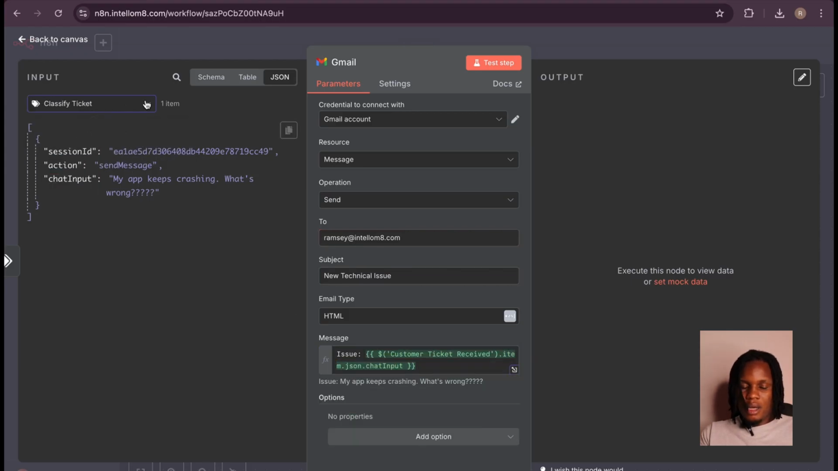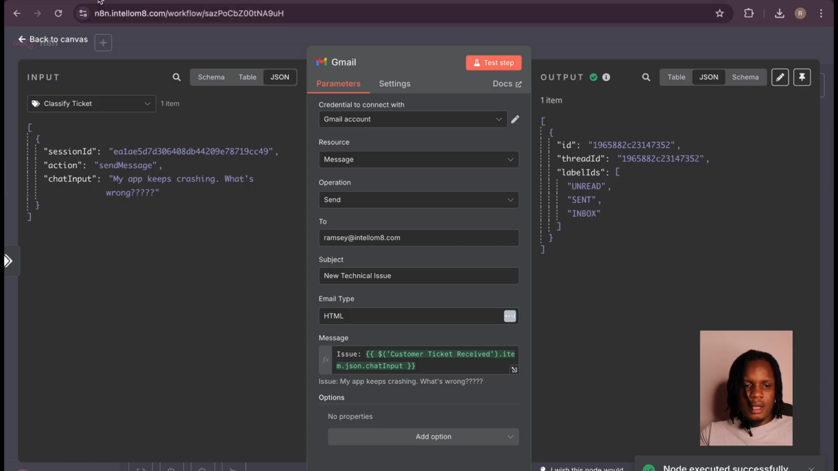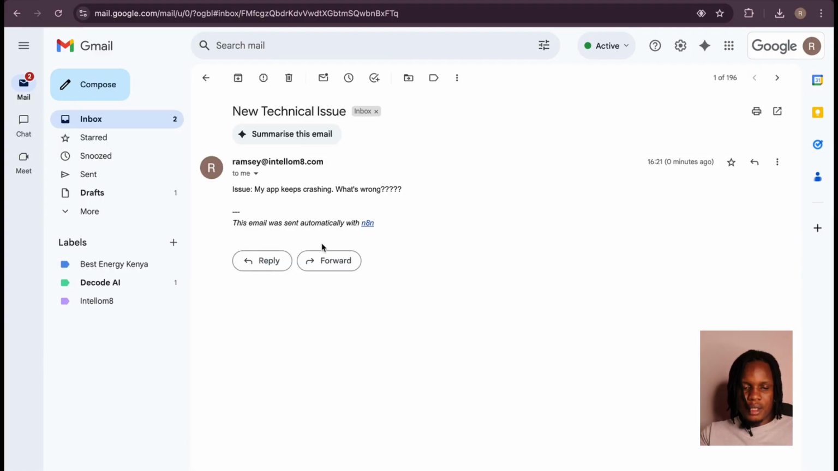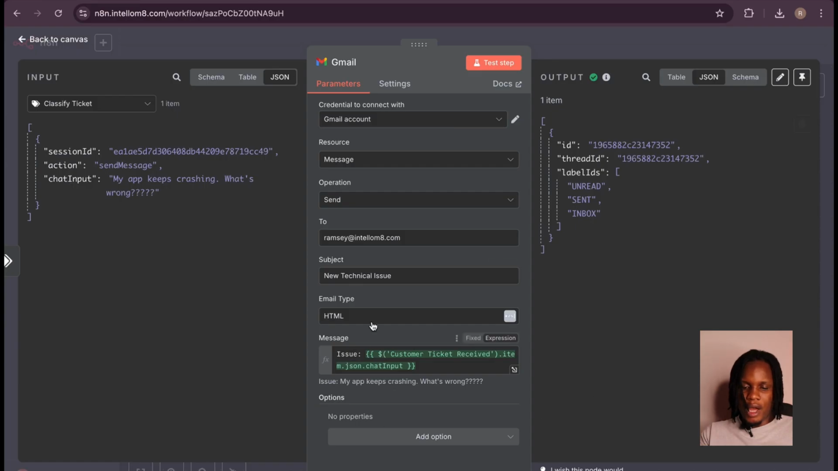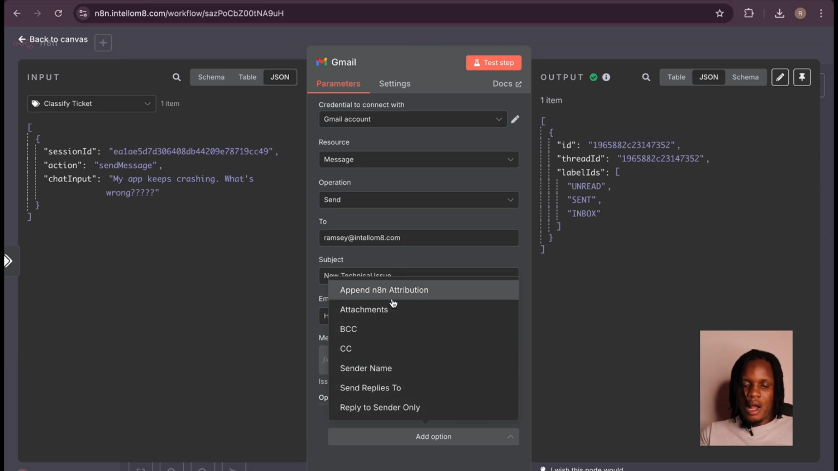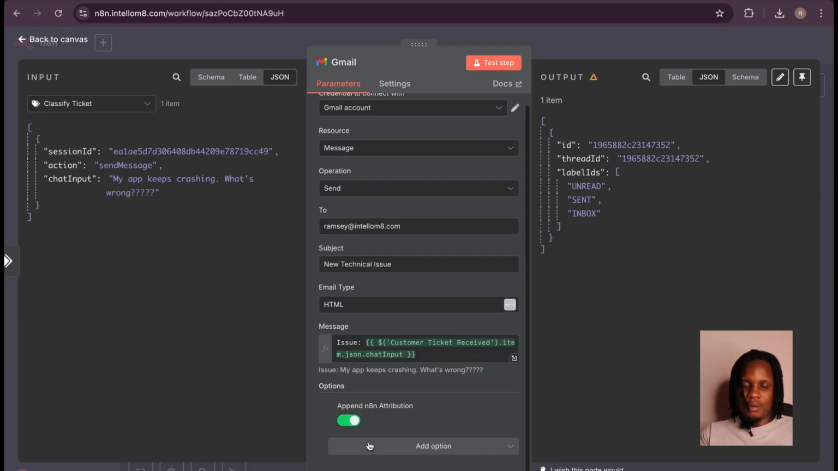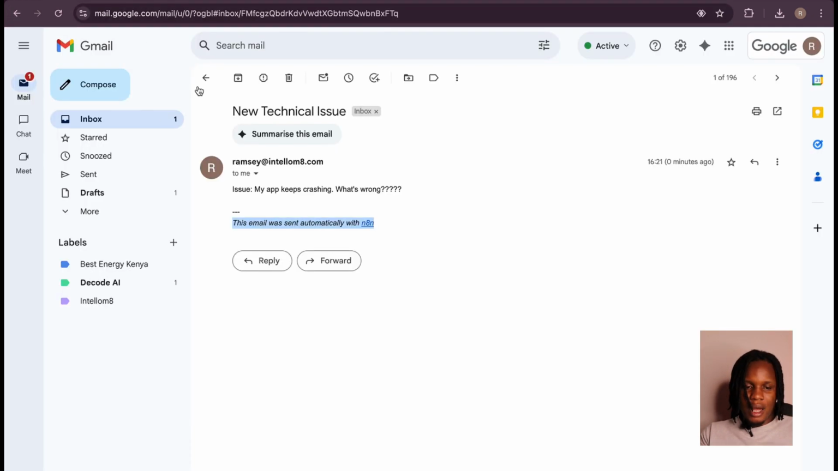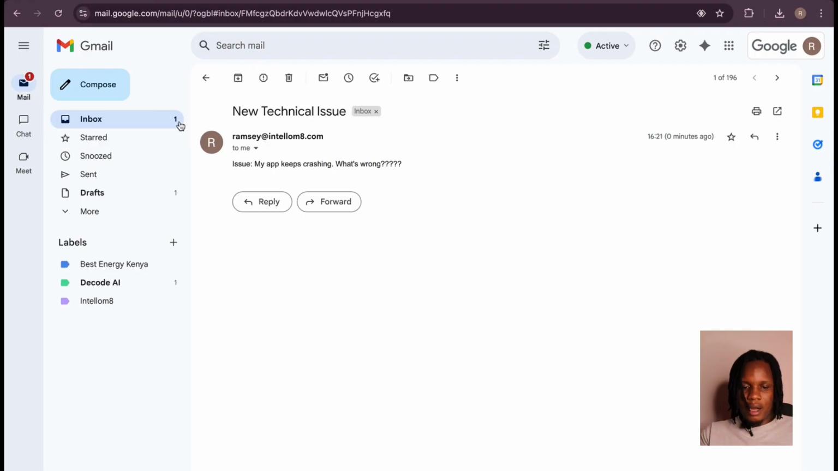And actually, if I test this step, let's see, should get the email sent. So if I come back to my inbox and check, I should see a new technical issue. Again, there's an attribution at the end. You can remove that by coming back to the Gmail node, options, append n8n attribution, and toggle that off. And now if I test the step again, I should be able to see right here, new technical issue, but